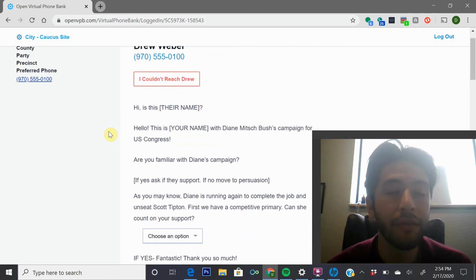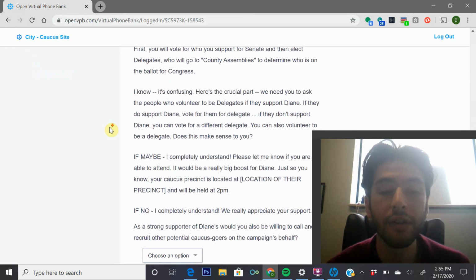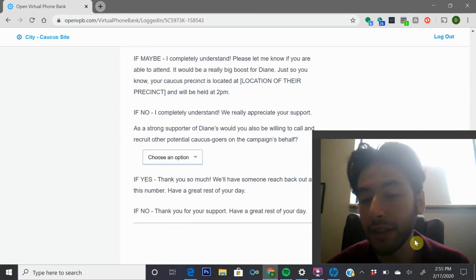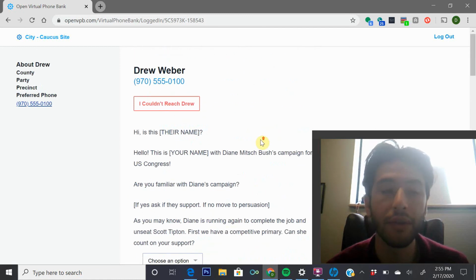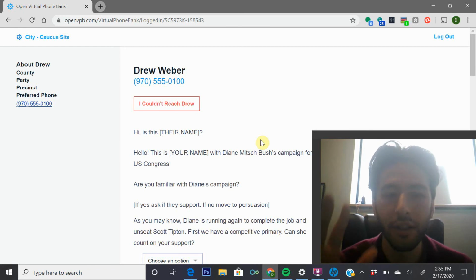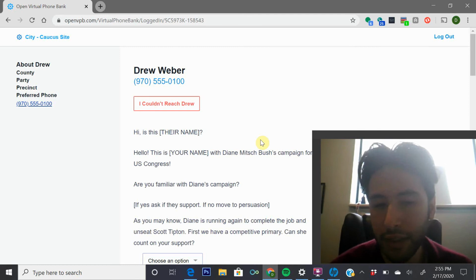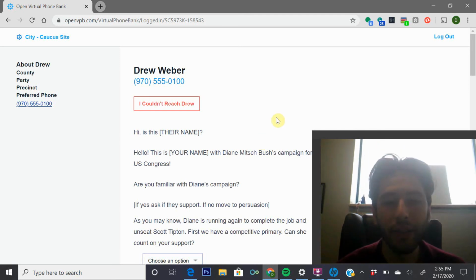That's the general information for people who have phone banked before. After you fill in this info, you'll see a little button at the bottom. My face is currently blocking it, but the button will basically just say move on to the next voter. And then you can go ahead and do that. There should also probably be a skip option if for whatever reason you want to skip the person you're on. But that's the general gist of how to use a virtual phone bank. And that will just bring you to the next voter.